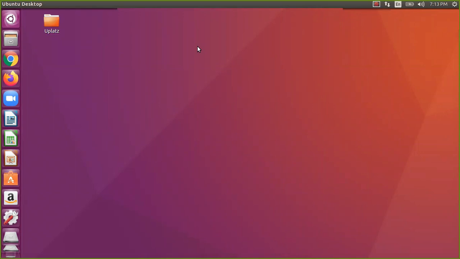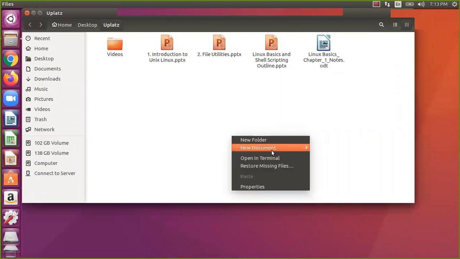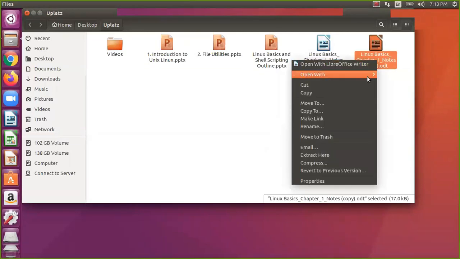In the previous chapter we saw the basics, like the commands, the editor, and a couple of other things. Today we are going to proceed further on that. Let us open our contents and our notes. Let us create notes actually, and then we will start with the outline, and then proceed with the topics.